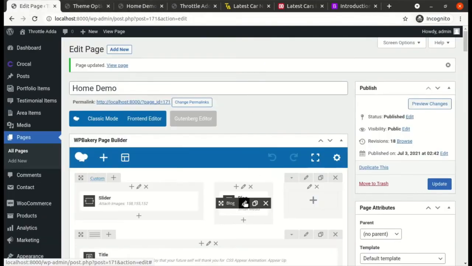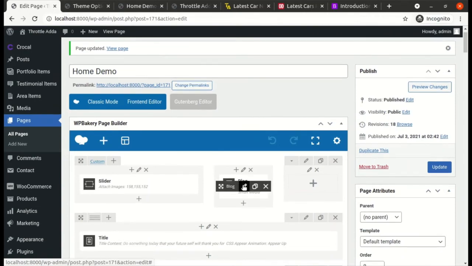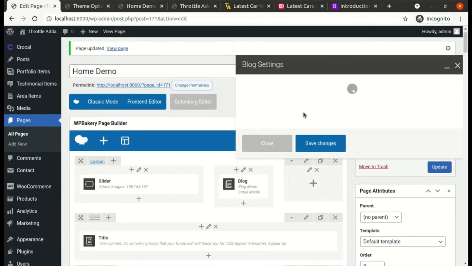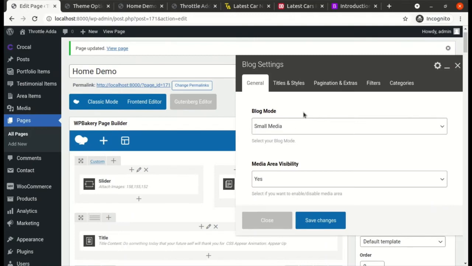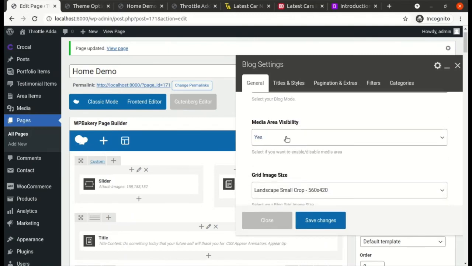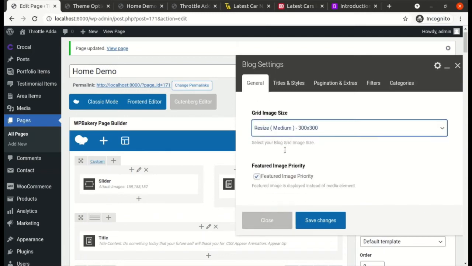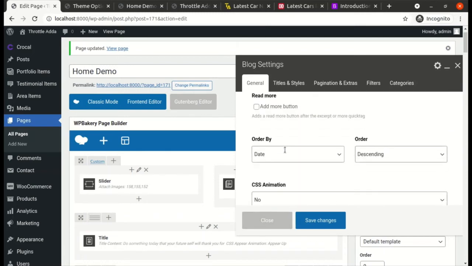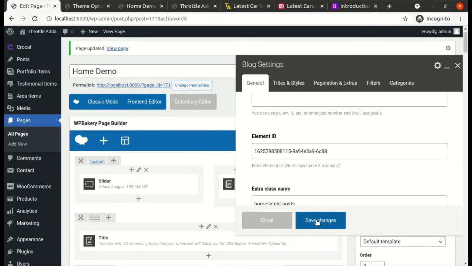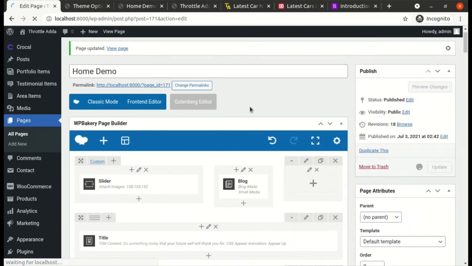Let's go to backend editor, edit the blog section. Now grid image size. Let's try to reduce the image from here and select medium, and let's see if it does anything.